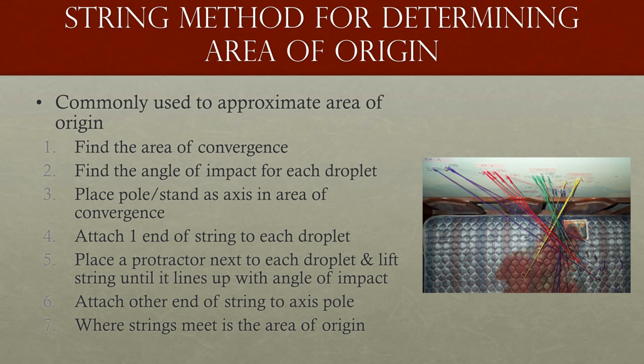So what they'll do is they'll find the area of convergence of the spatter. They'll then find the angle of impact for each of the droplets, place a pole or a stand at the axis in the area of convergence, and then attach one end of a string to each droplet. Using the protractor next to each droplet, they will lift the string until it lines up with the angle of impact, and then attach the other end of the string to the axis pole. And then where the strings meet would indicate the area of